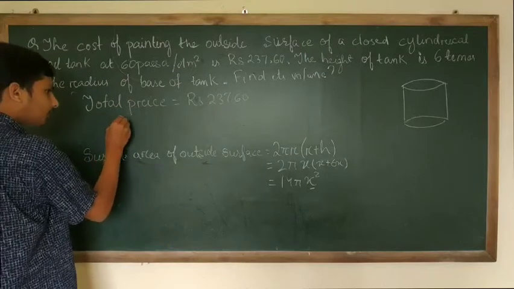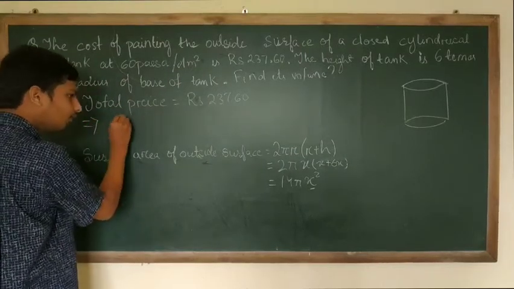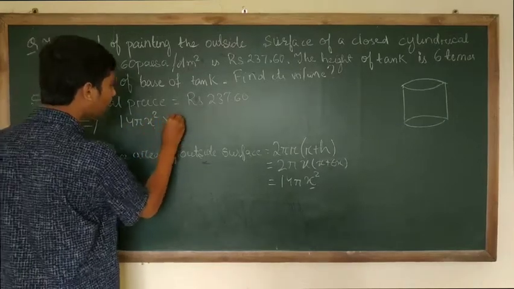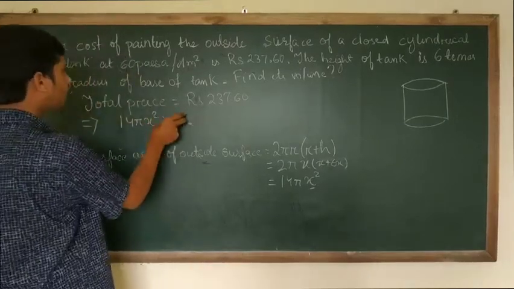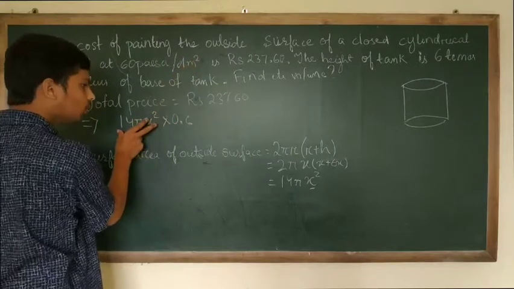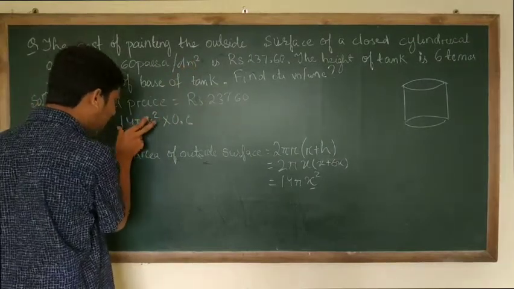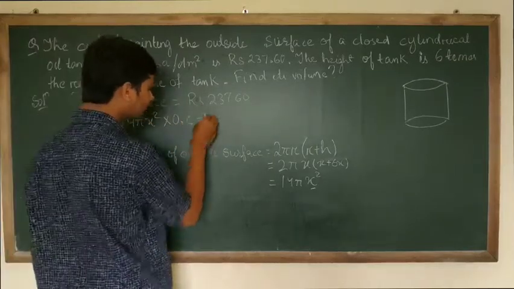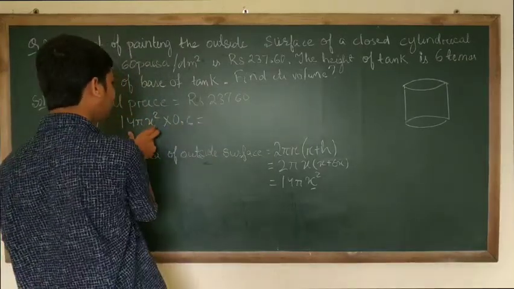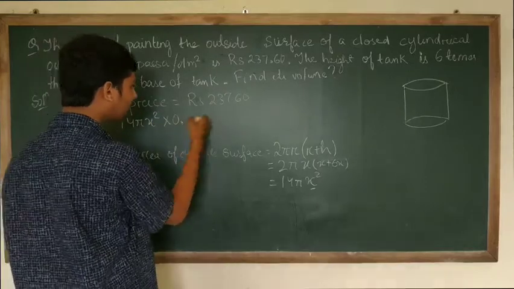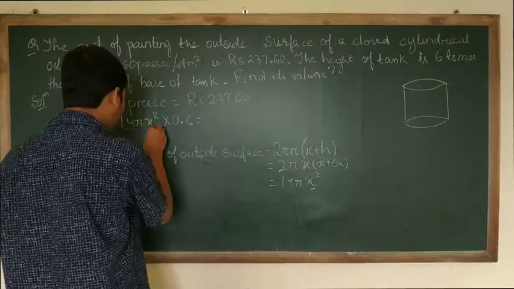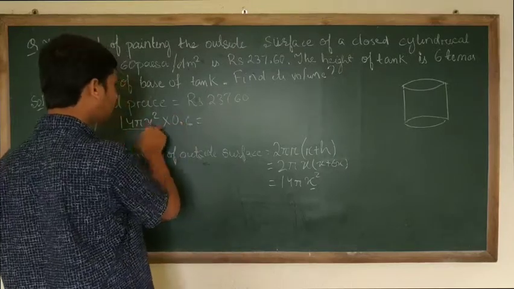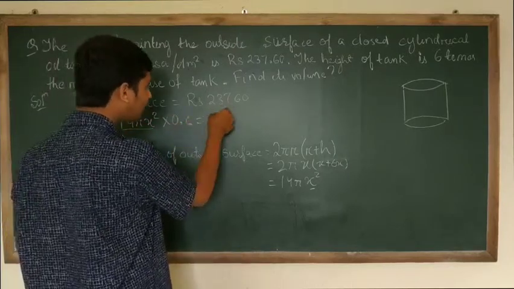This implies that 14 pi x square into 0.6, that is the cost of 1 dm square into the surface area in dm square, is equal to the total price. Here we have 14 pi x square dm square, and we multiply with 0.6 to get this price,